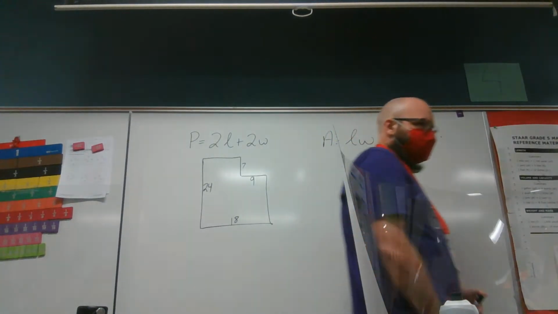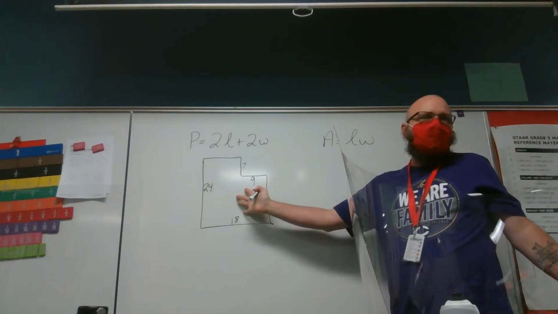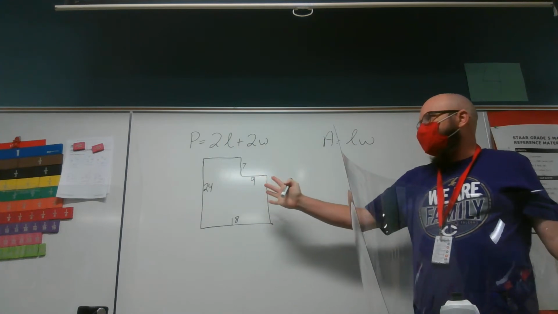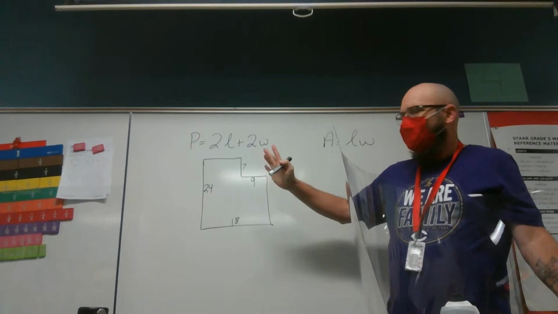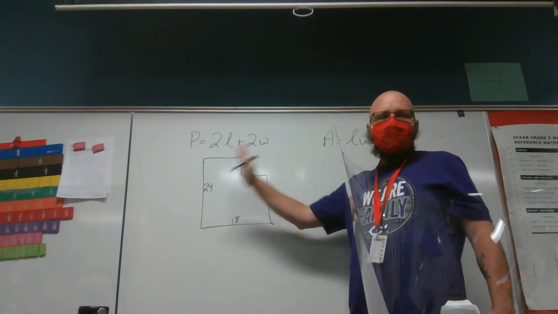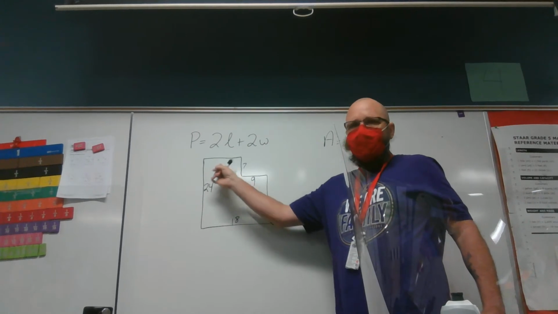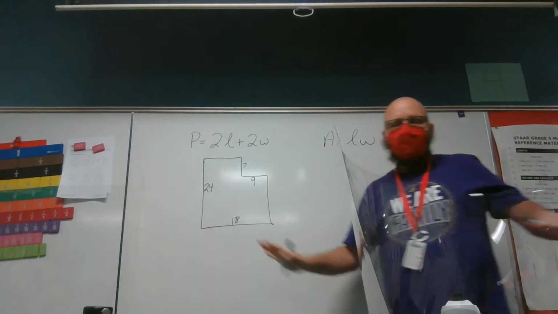We need to be able to find perimeter and area of a shape, say, similar to this. Let's say Elizabeth's new house that she bought because she's rich, and one of the rooms is kind of built like this. It's probably a reading nook up here, a little computer, and some bean bags so she